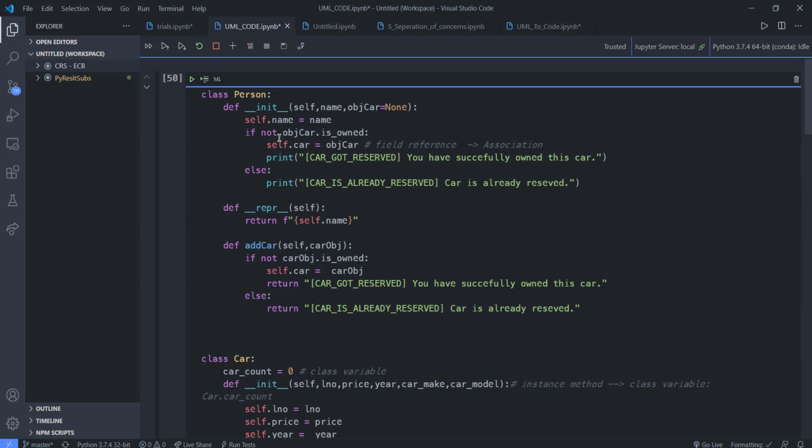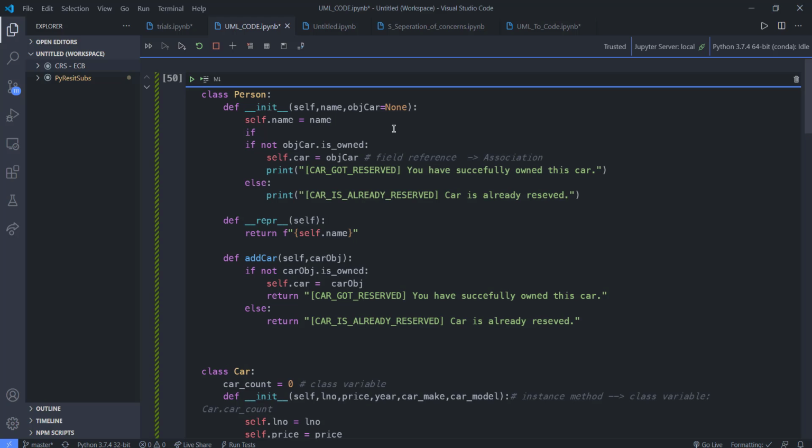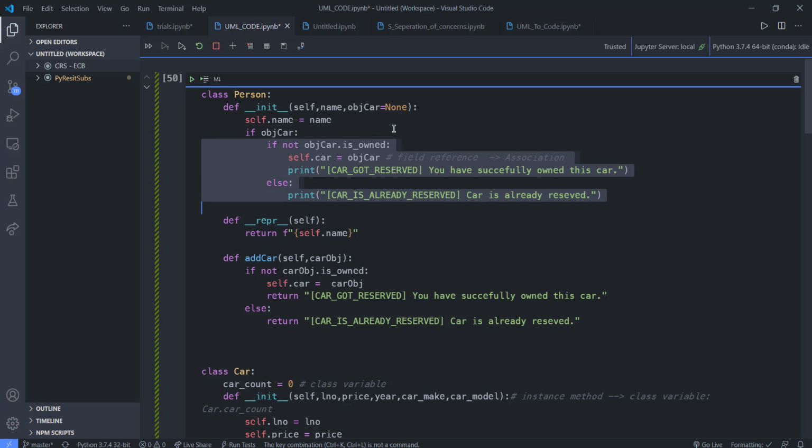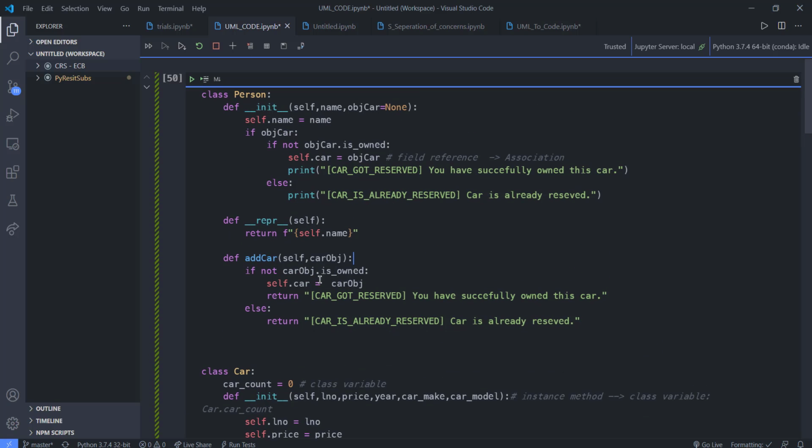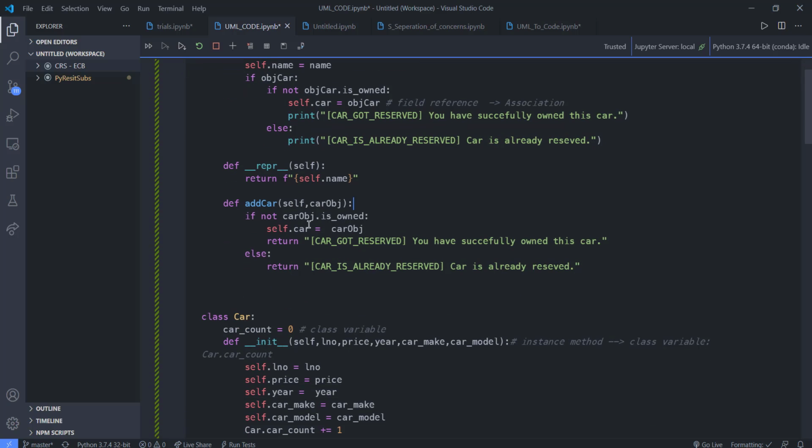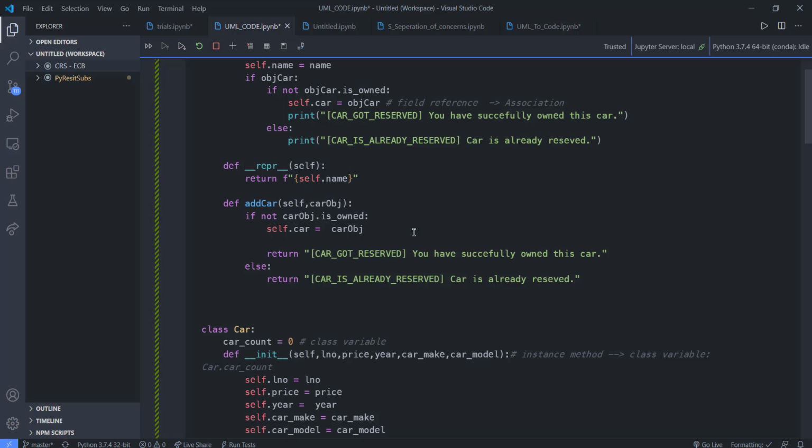So we need to make sure before we do this check that there is a car object to begin with. So let's say that there is a car object to begin with. If there is, then this is the time to actually check this, do the same check that we have done there. Okay, there's something missing that I forgot to do: whenever the car is not owned and we try to own that car, we'd want to say that this car object